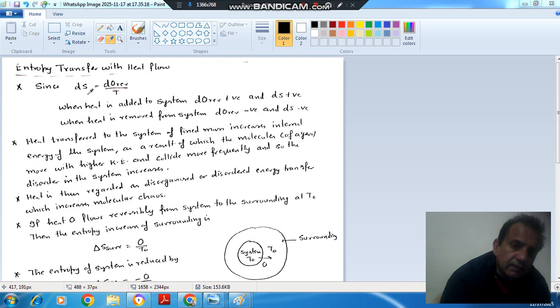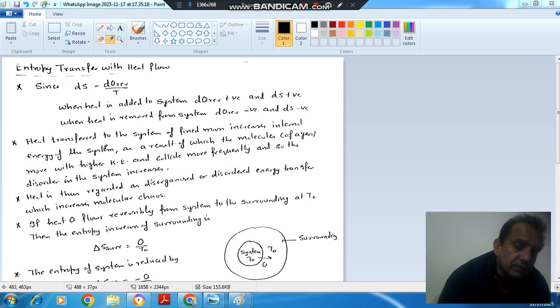Since we know that dS is equal to dQ reversible by T, when heat is added to the system, dQ reversible is positive and dS is also positive. So entropy will increase when heat is added to the system. When heat is removed from the system, dQ reversible will be negative and dS will be negative, so entropy will decrease. So entropy is associated with heat transfer, because heat transfer increases the internal energy of the system,